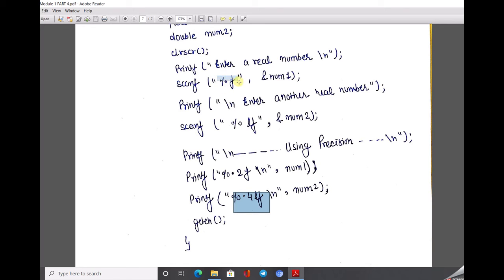Similarly for percentage f we write percentage 0.2 f. This is the most important point: whatever precision you want to apply, put it in between the percentage sign and f, or between percentage and lf.